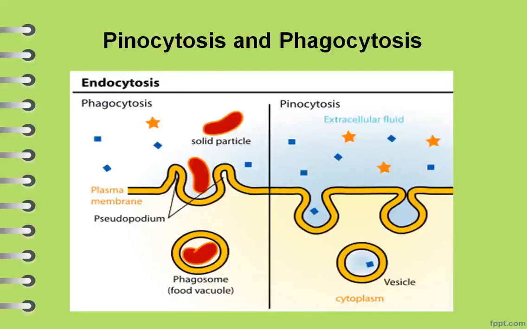phagocytosis and pinocytosis. In phagocytosis, solid particles are engulfed by the membrane. The membrane envelops the solid particle and then forms a vesicle which is separated from the membrane and enters the cell. The vesicles contain all the enzymes and other factors required for the absorption or degradation of the particle.